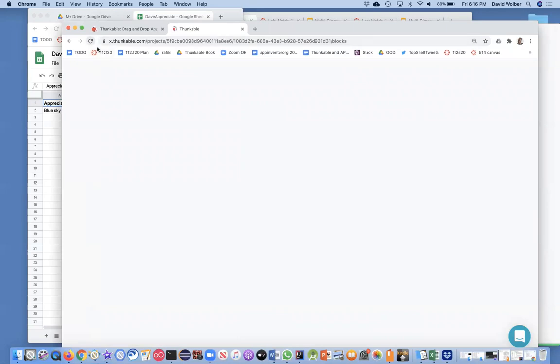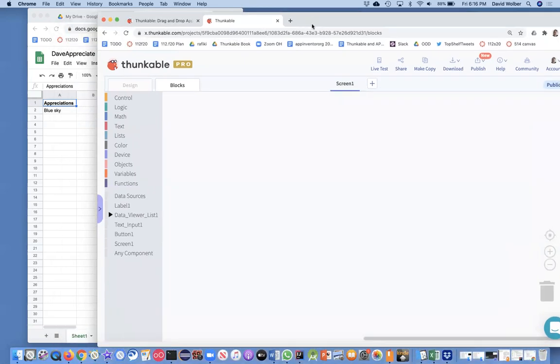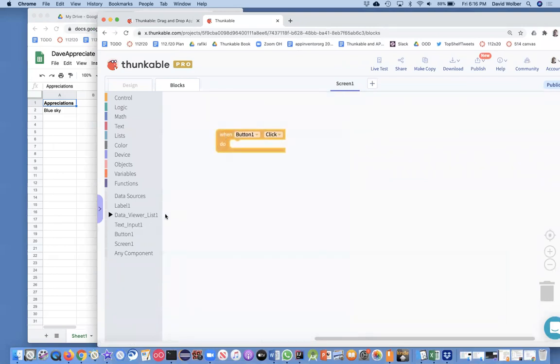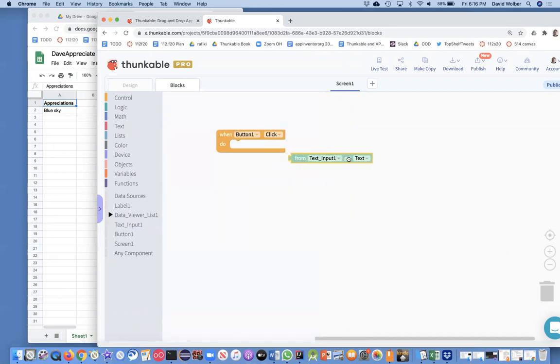what happened here? Let me just hit refresh somewhere. Thunkable. There we go. Here's my blocks editor. I don't have any code in here yet, right? But when the person clicks the button, I want to grab whatever they typed, which is going to be in text input.text, and I want to use that thing. And what I'm going to do